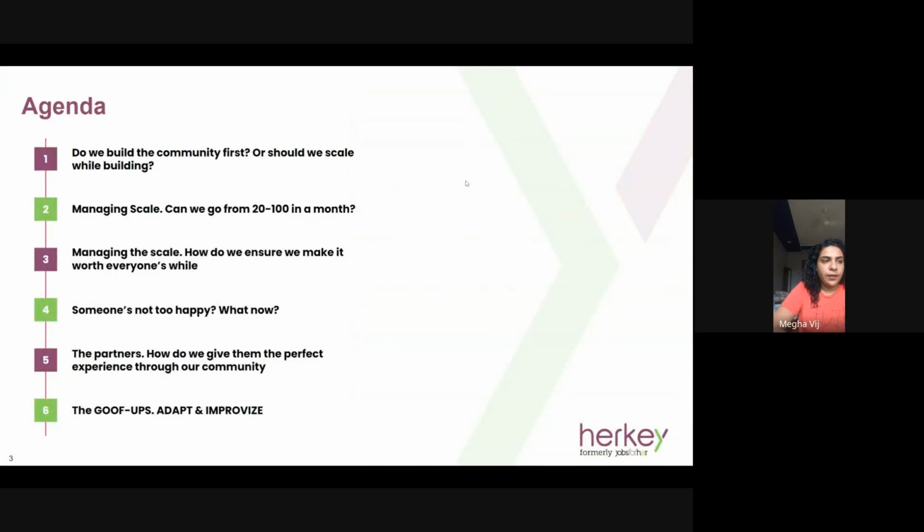Okay, agenda here is very simple. We've spoken about how to choose your champions. We've spoken about how to filter your champions. We've spoken about how to set expectations with your community. We've also spoken about how to deep dive into the good, bad, and ugly of the kind of members that you have, and how do we ensure that we keep the correct members in the community and keep retaining them.